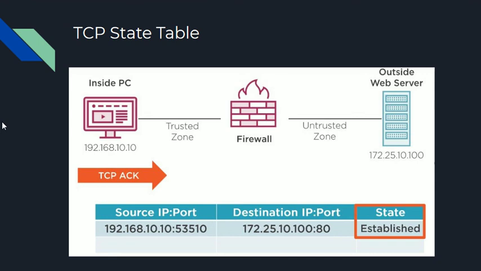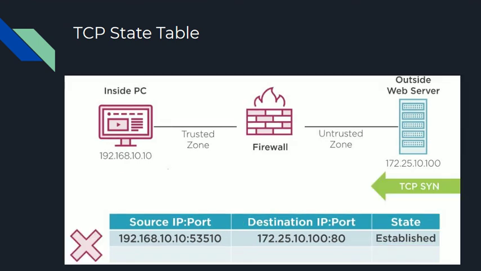If the outside web server is trying to send a SYN message from our untrusted zone into the firewall, it's going to be denied. There is no rule that says allow SYN messages in here. As a matter of fact, we are explicitly denying all TCP SYN messages.